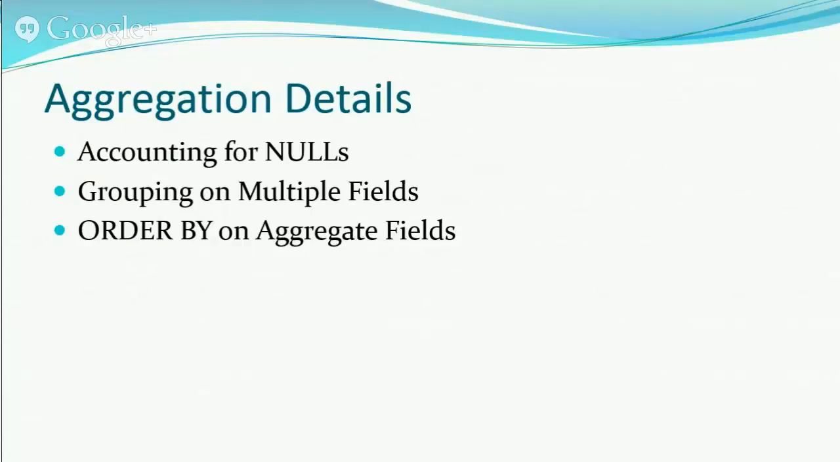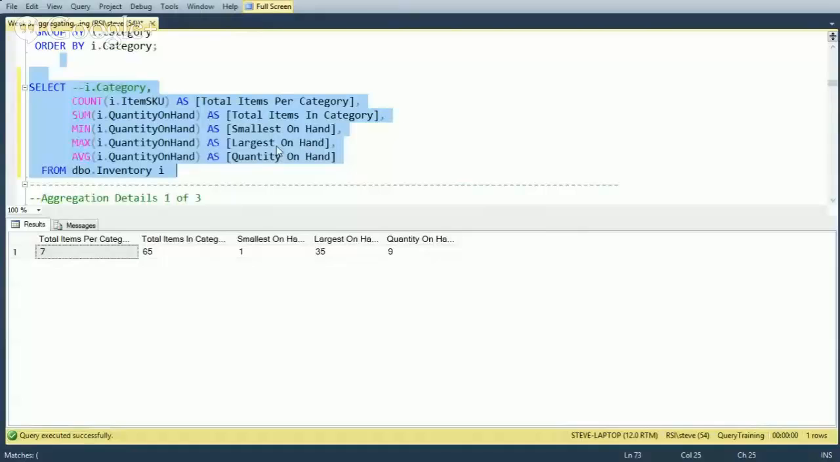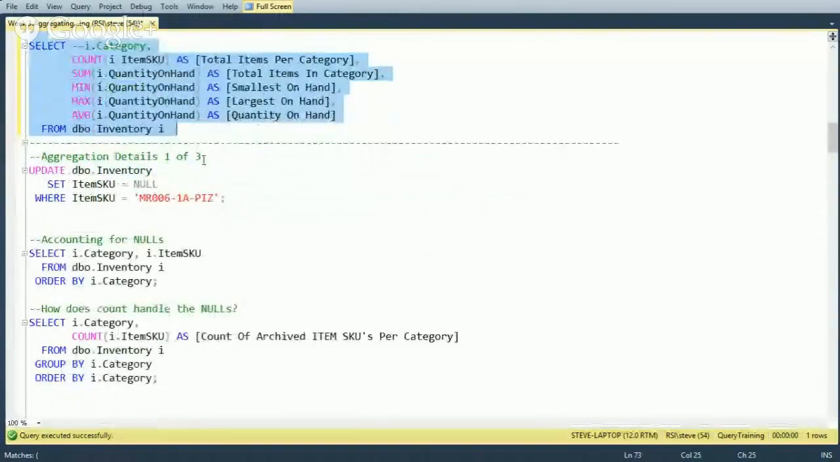of learn the details, like how does it account for nulls when you're doing a min or a max or a count? How can you group on multiple fields? What does that look like? And how do you order by aggregate fields or non-aggregate fields when they are mixed together? So for